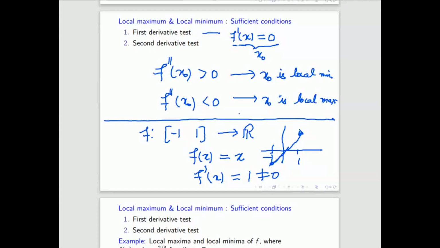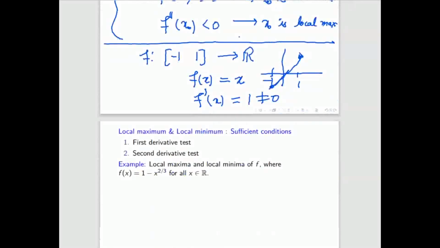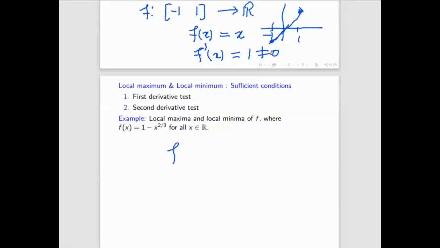So my question is why this result failed to tell that this function has a maximum or minimum. Is there something wrong here? Whatever I wrote, the first derivative 0, then second derivative positive or negative, is something wrong there? Or can this result, f dash x equal to 0, never be applied to find maximum or minima? Or is it not valid, or something else? Yes, the second derivative vanishes, sir, but the first derivative is not equal to 0, that means there is no maximum or minima.